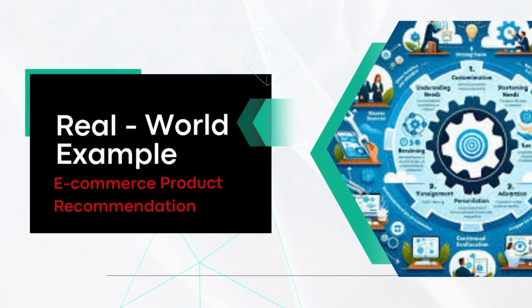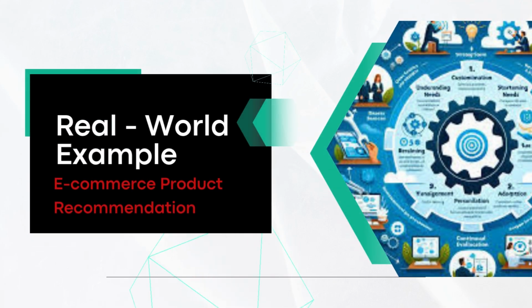Let's take a real-world example for e-commerce product recommendations. For example, an online fashion retailer wants to display personalized product recommendations based on a user's browsing history. The algorithm is collaborative filtering. Here we can exclude products the user has already purchased, recommend products in the same category as the last viewed product, and boost trending items with high sales in the past 7 days. So this is how we can use the recipe in real time.